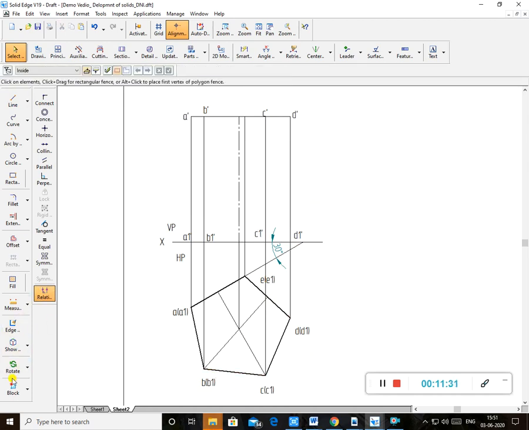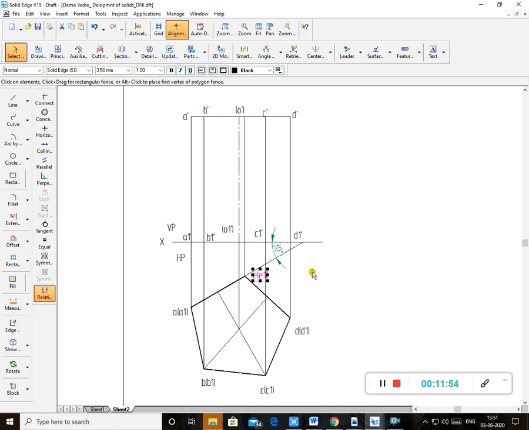Now at the axis point I'll show you this axis. If you don't do axis naming on the top view, no problem, but you are doing it in the front view. Here I'll show in brackets it is O dash, and in brackets it is O1 dash. And this is the E1.